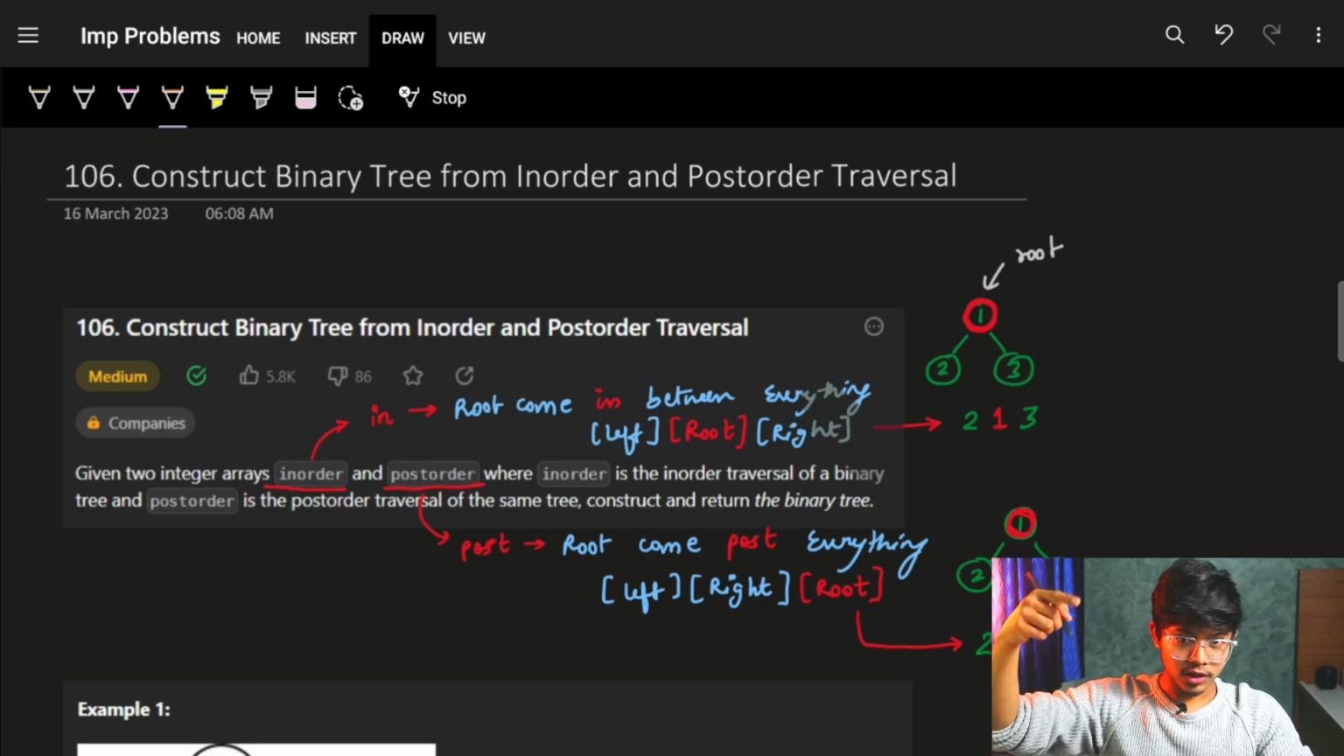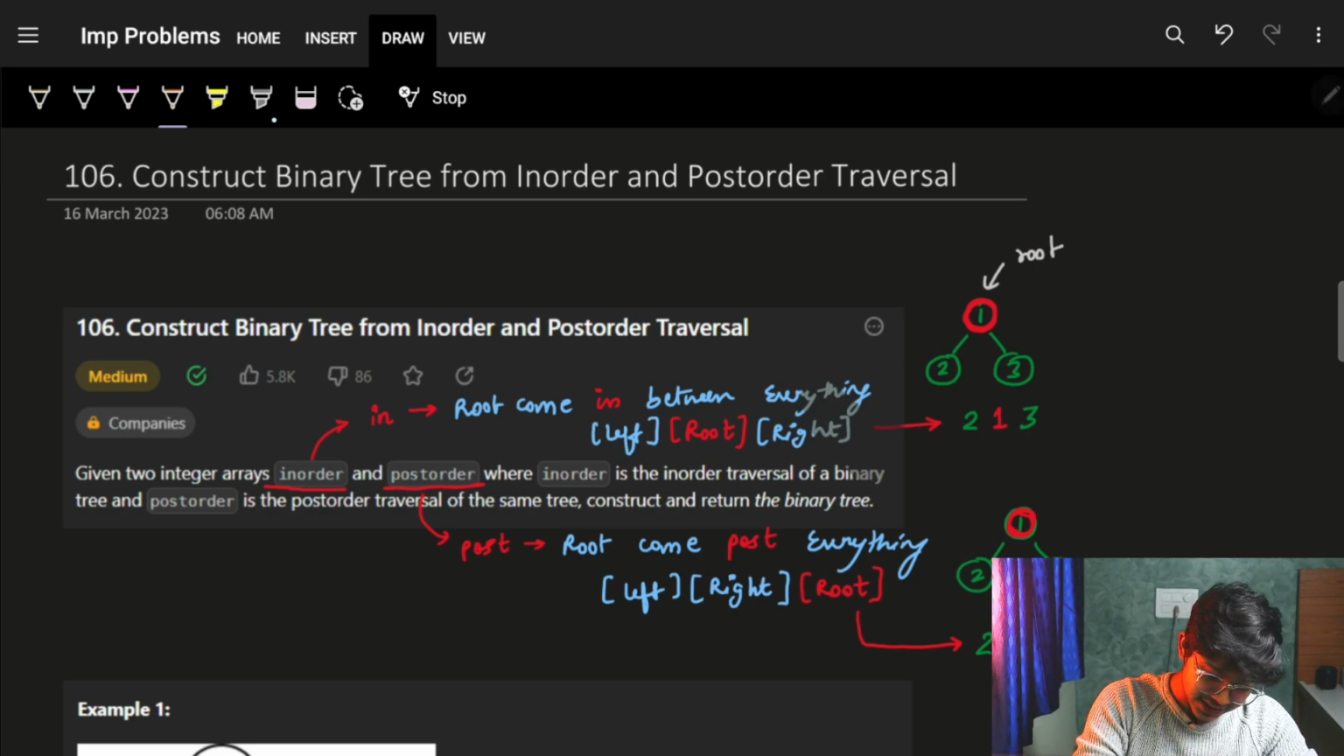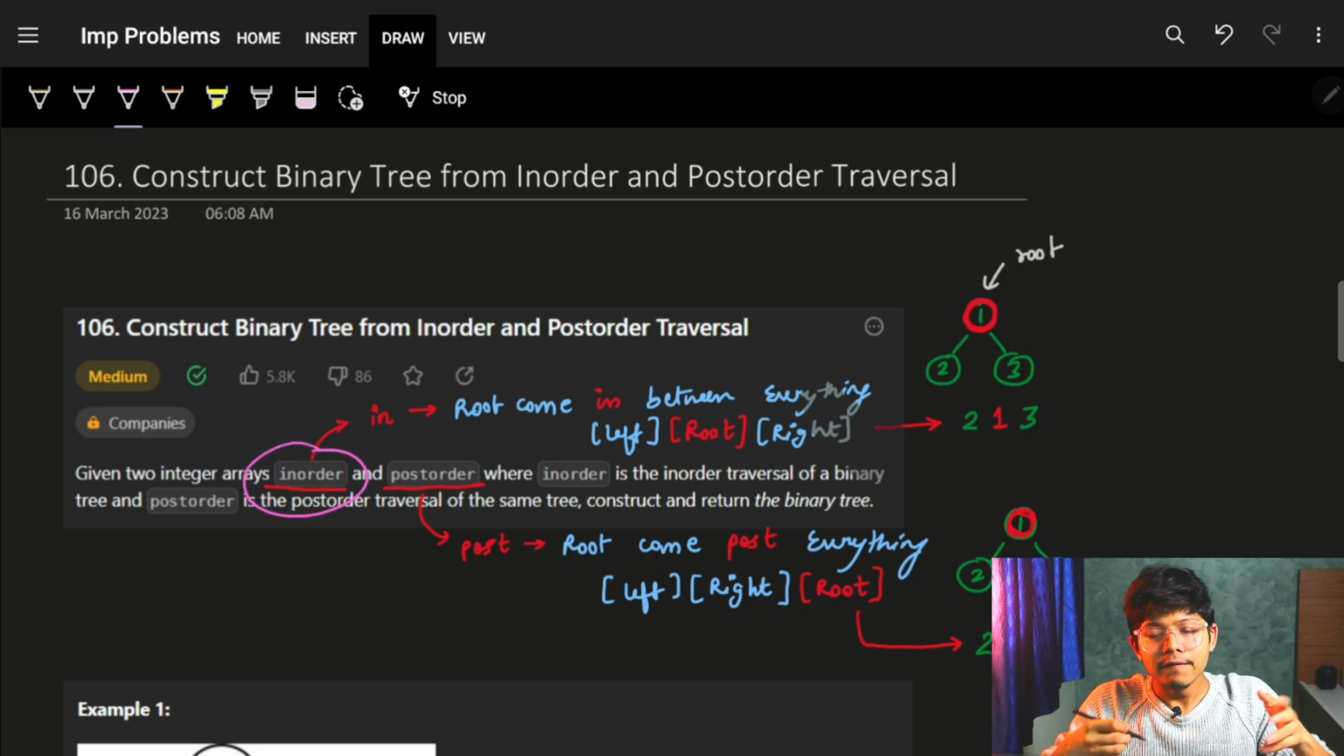Construct binary tree from in-order post-order traversal. It is saying that we are given two integer arrays called in-order and post-order, where in-order represents the in-order traversal of that